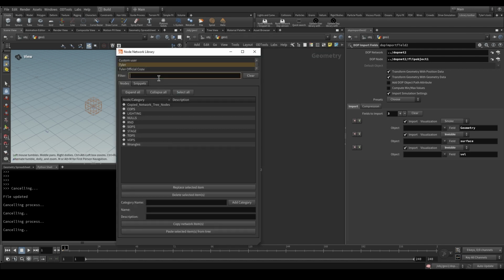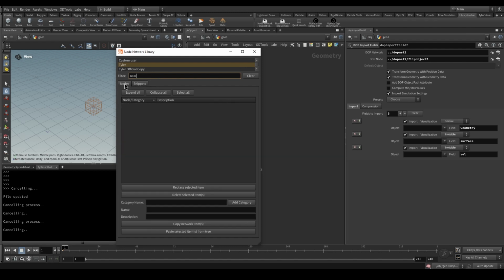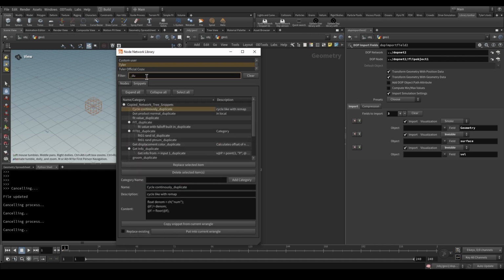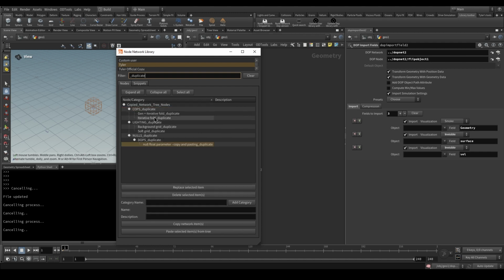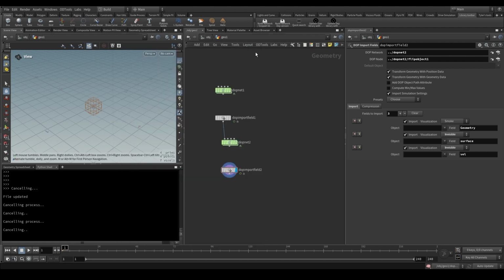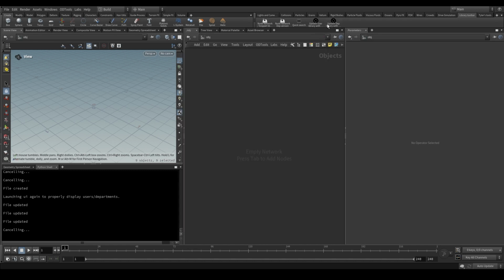Another tweak I've done, now when you go to filter, it actually filters out everything in both trees. So before you had to type this again in your snippet tree for it to filter it out, and now it just filters both trees at the same time. So if you say duplicate here, it's going to do the same thing here. It's going to get all the options in both trees, and same for the department version. So those are the new features, and the same works for the